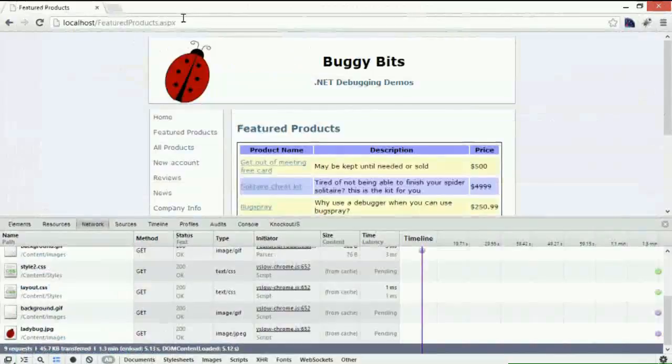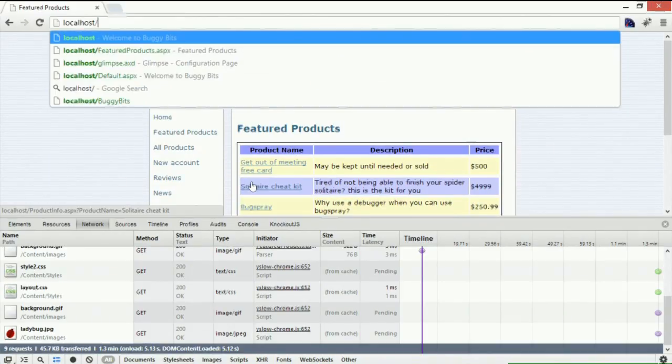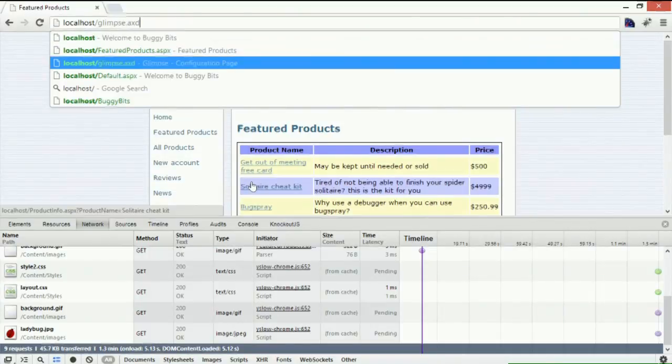And I told you that there is another product called Glimpse. Glimpse, you can add it to your project as a NuGet package. You can just say install package Glimpse dot whatever you are using. If you are using ASP.NET, it will take ASP.NET. If you are using something like MVC, you can install the MVC and the right version of it. And it will add hooks into your application to give you information in real time about what's happening in the application. By default, it works only when you are on the localhost,